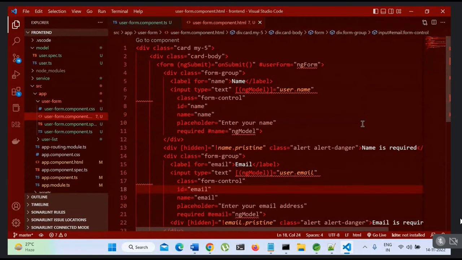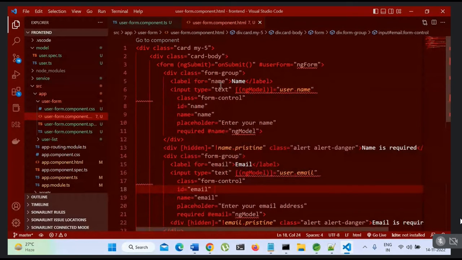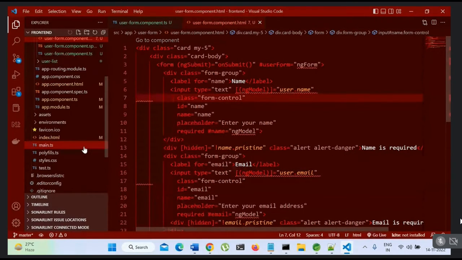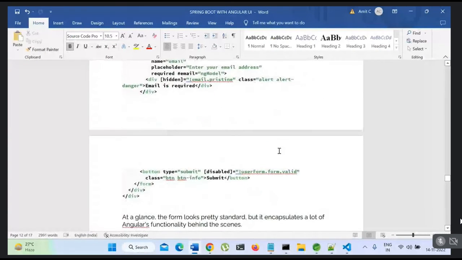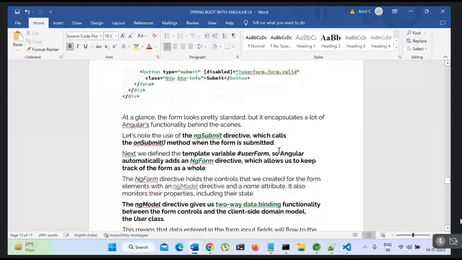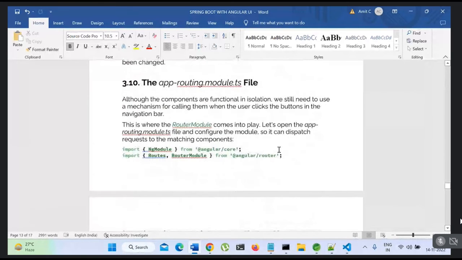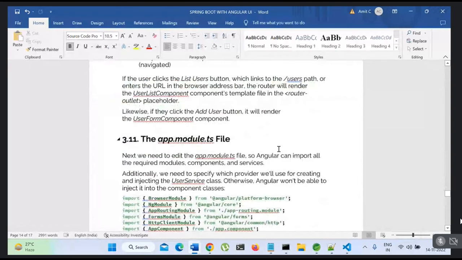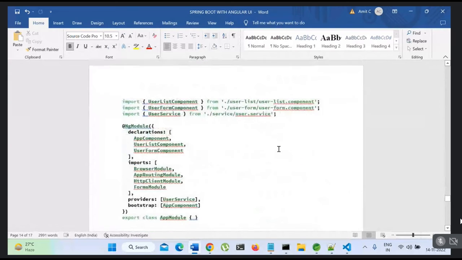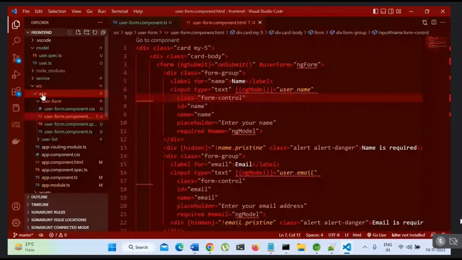HTML में तो कुछ रखा नहीं है, लेकिन फिर भी 7 एरर खा गया है। लो, क्यों 7 एरर खा गया है, क्योंकि ngModel नहीं मिल रहा है। ngModel नहीं मिल रहा है मतलब हम लोगों को यहाँ पे चेक करना पड़ेगा, because ngModel to implement we need to switch on the ngForm, and to make the two-way binding ngForm we need to come here and then app module. Yes, ये देखो असली जगह।